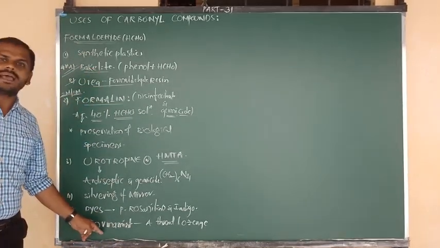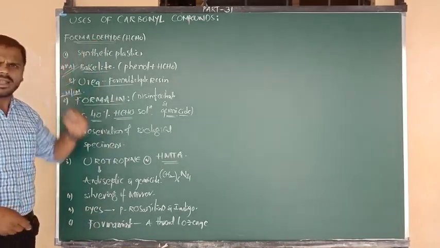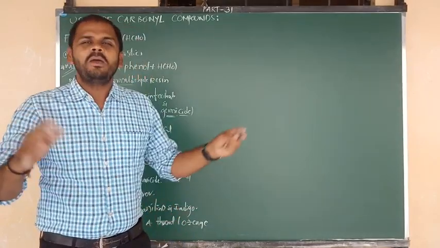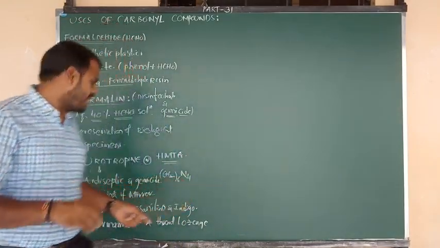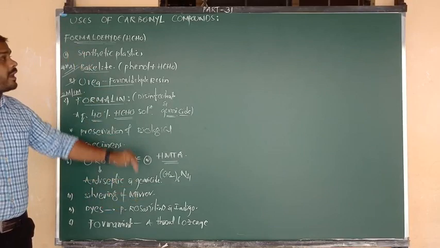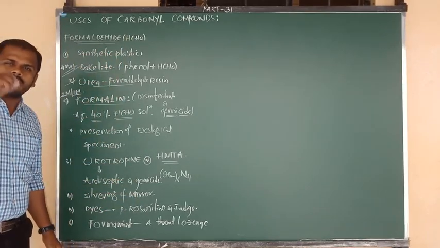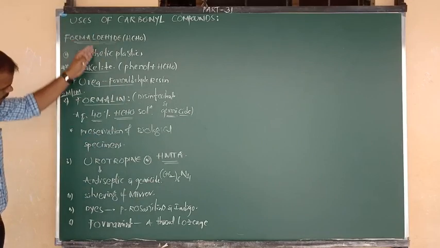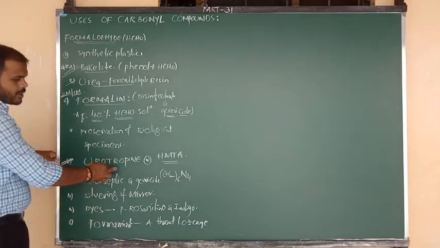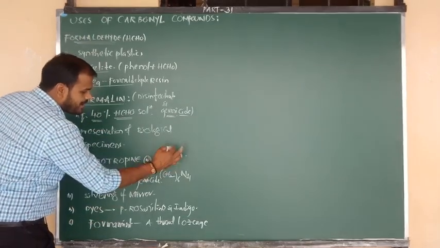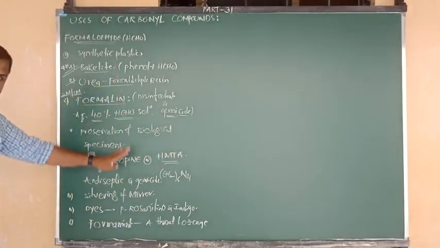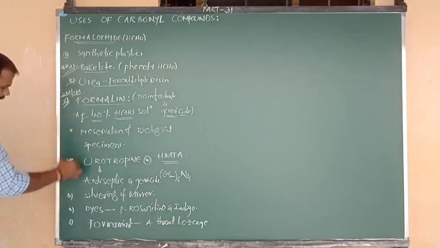So how can it be prepared? Especially we have to take two components. One is formaldehyde. One more is lactose, a carbohydrate. So formaldehyde plus lactose, a mixture of these two. That is how we get Pharmamint. Each and every use is important among all the carbonyl compounds. The most important compound is formaldehyde. All the uses are very important for you. So try to remember what is meant by urotropine. Urotropine means hexamethylene tetraamine. Formula is CH2 taken 6 and N4. Story clear? Yeah. So the first three are very important.